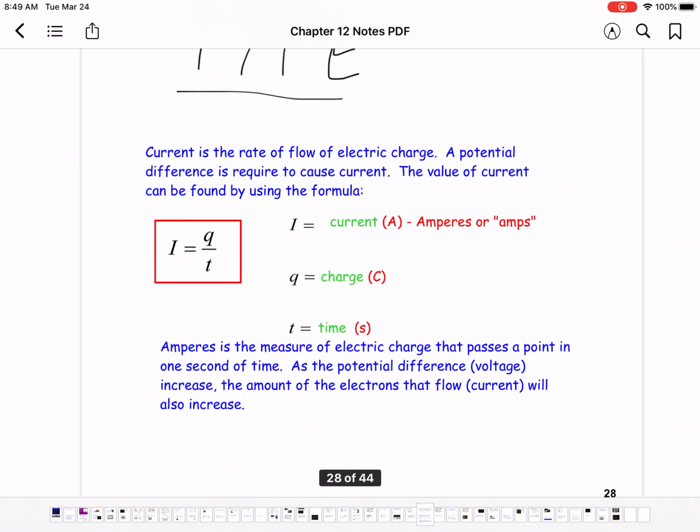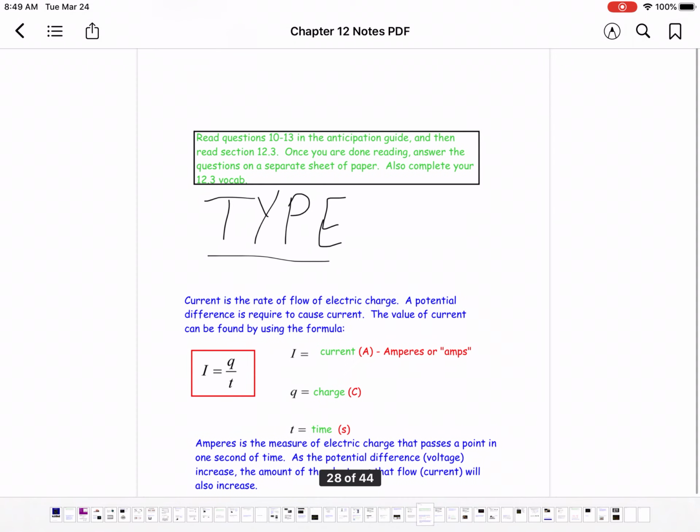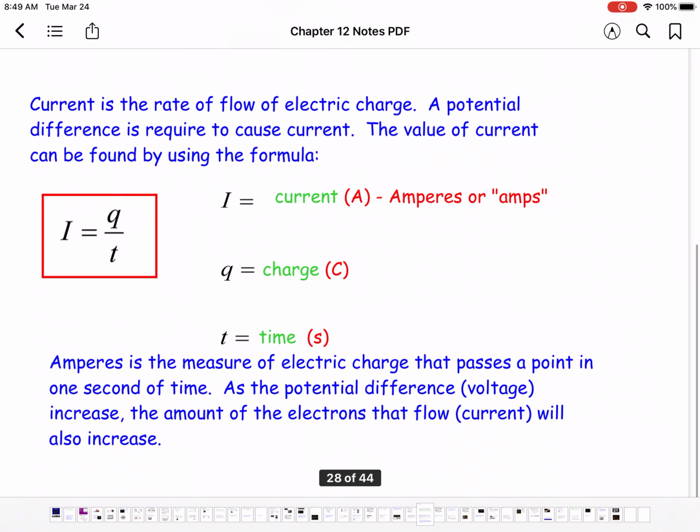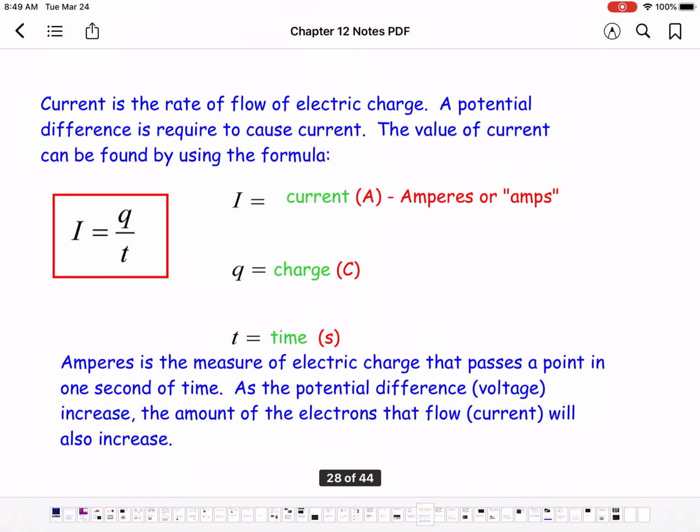So what we're going to look at here, moving on from where we were last time, is current. Current is the rate of flow of electric charge. The potential difference is required to cause current. The value of the current can be found by using the formula I equals Q over T, where I is